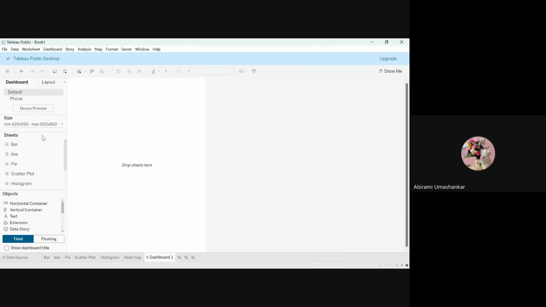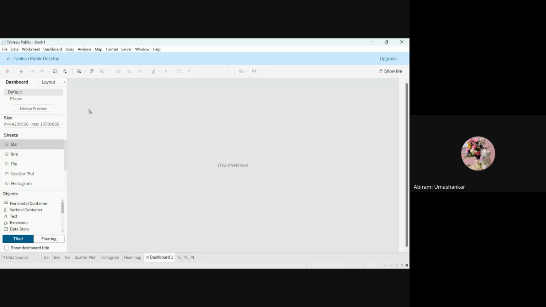In the dashboard, here you have size. This dashboard is created for all types of screens. So if you have a phone screen or any other type of device, you can open it. This is the desktop view, and this is the maximum length they are giving. So I'm extending the length to my screen. Now you can see all our